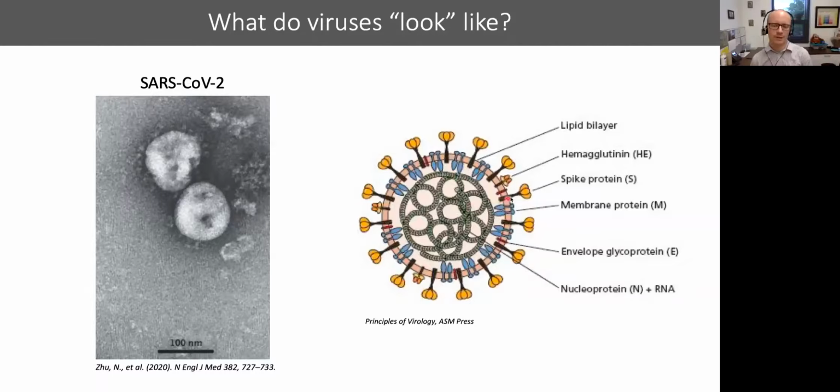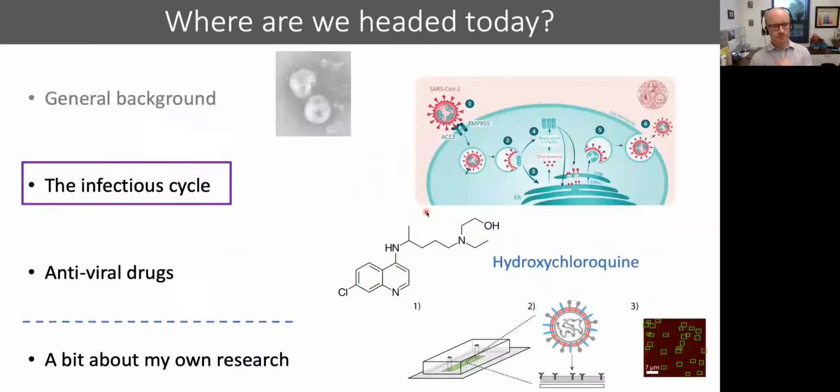And what they're doing is they're dissolving the lipid membrane and causing the viral proteins to denature. This doesn't necessarily destroy the genetic material, which is kind of the heart of the virus, but it renders the virus non-infectious because without this structural housing around it, the virus can't get inside a new host cell. So viral structure is very important. All right, let's move on to talk about the infectious cycle.